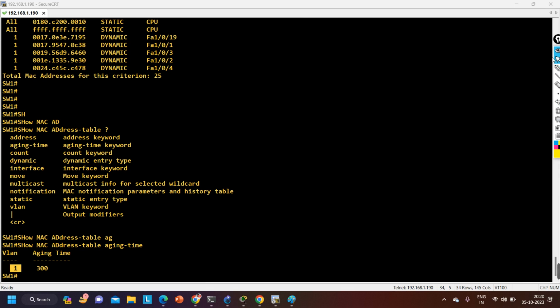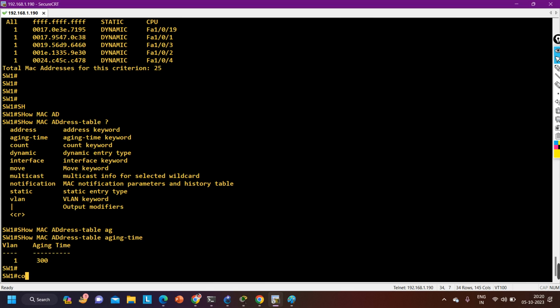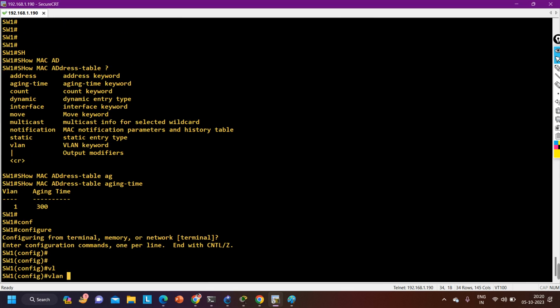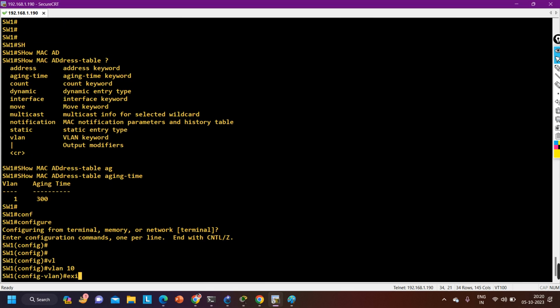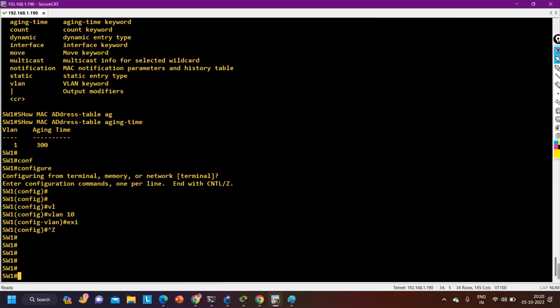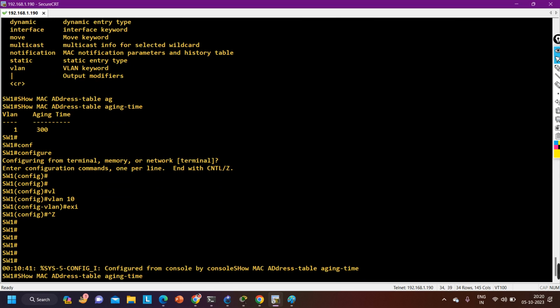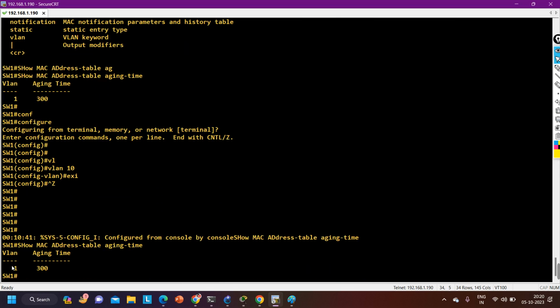Let's say I am configuring one VLAN, that is VLAN 10. VLAN 10, exit, and now if you check the MAC aging time again, you can see the output is exactly the same, because there are no interfaces in VLAN 10. Still VLAN 10 is available, but for VLAN 10 we don't have any MAC aging time,